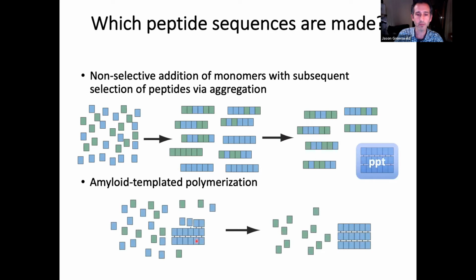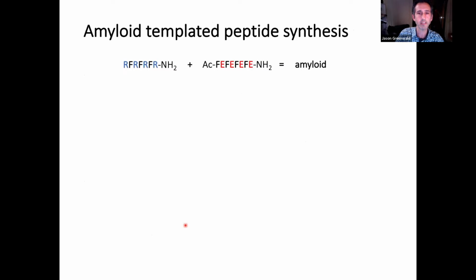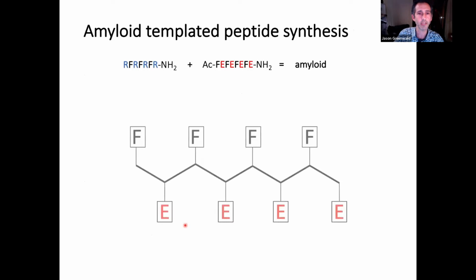But this could also occur in sort of a solid phase templating. Once it forms, you have this acting as a template for synthesis. And we investigated this idea and showed that it can in fact work by developing an amyloid that forms